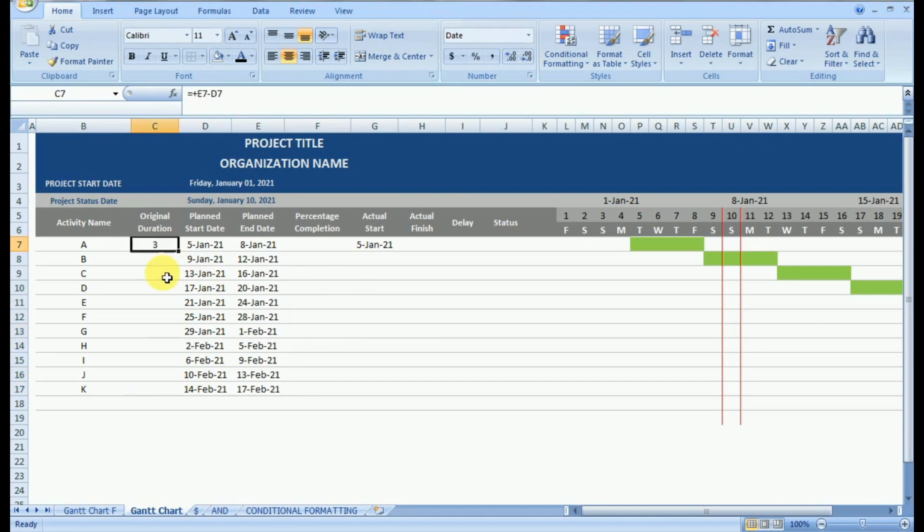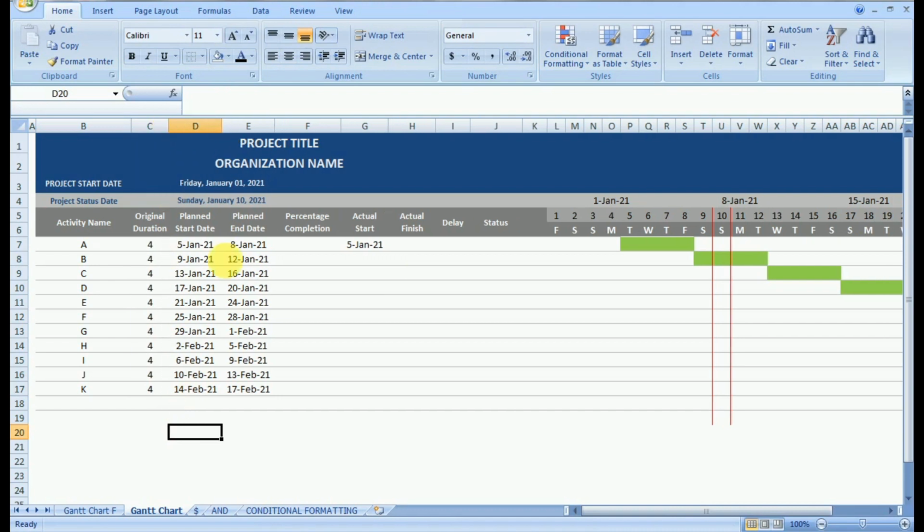Now the original duration is coming out to be 3, which must be 4 as we can see in the Gantt chart. So for that we can add +1, because in Excel when we subtract two dates, it considers them as numbers, and hence the calculation is done based on that. To correct it we need to add 1. So when we add 1 we get an original duration of 4 again.